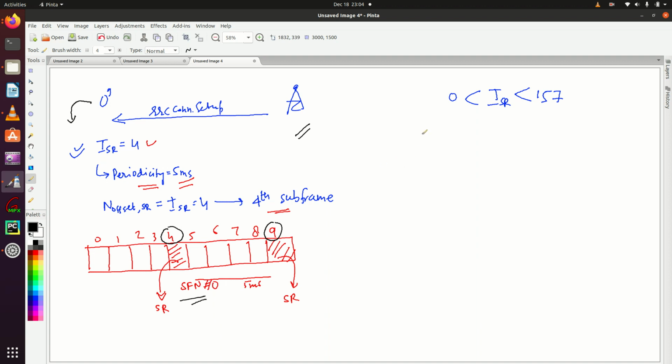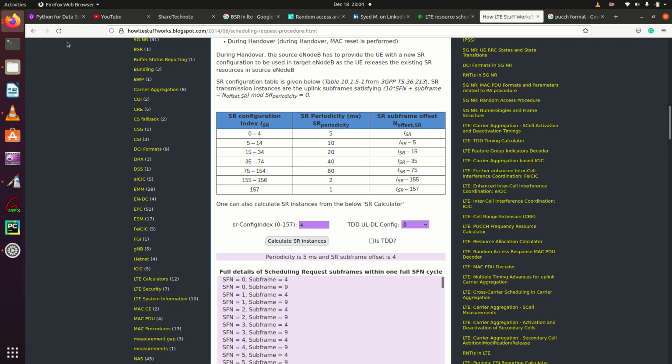Now we have to discuss the formats used in LTE for PUCCH. There is format 1. Format 1 is used only for sending scheduling requests. On Google the table is available.